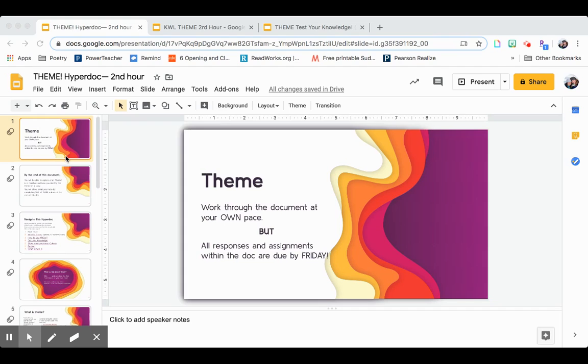This is an example of a Hyperdoc that I'm working on for my 6th and 7th grade students to learn about and explore theme. I want to start off by saying I'm going to assign each student their own copy. So in Google Classroom, when I attach this Hyperdoc to the assignment, I'm going to give each student a copy. That way, as you'll see later on, when they go to edit different slides, they will only be editing the